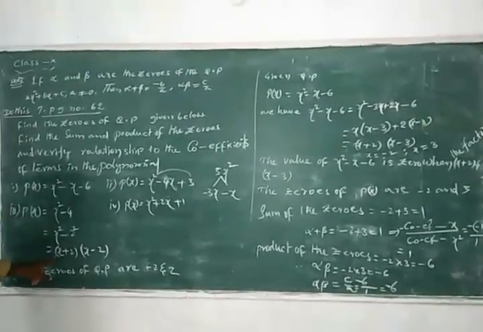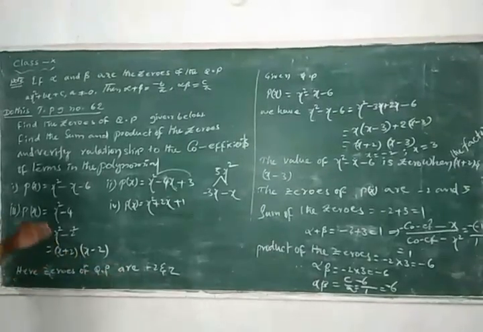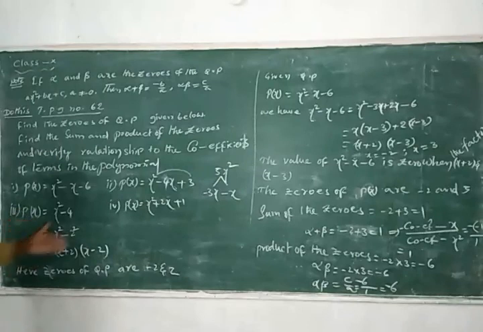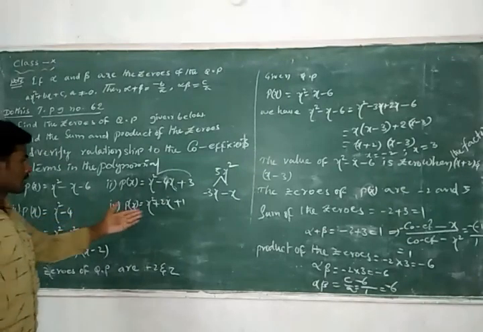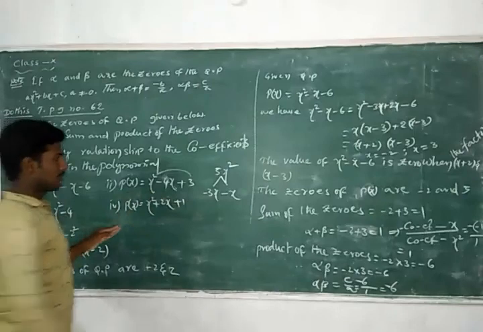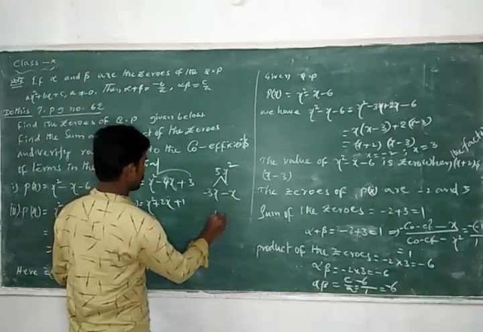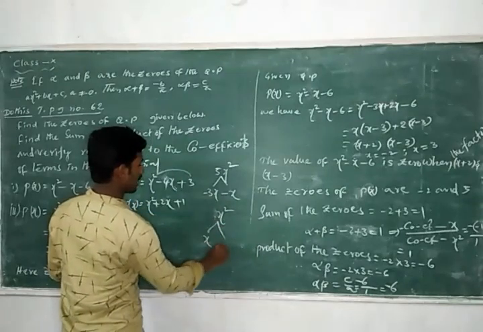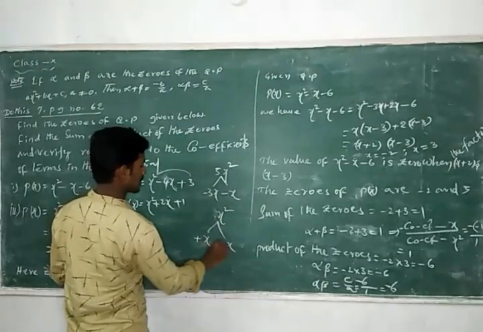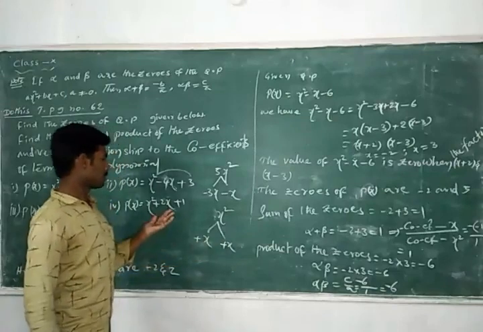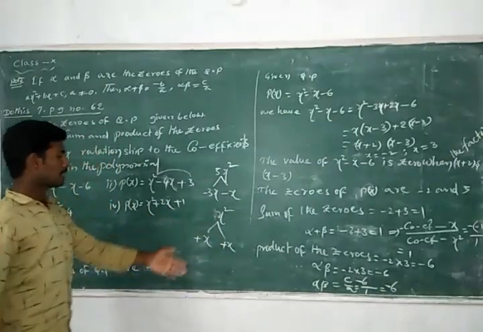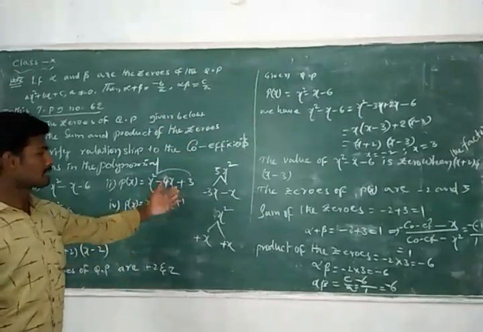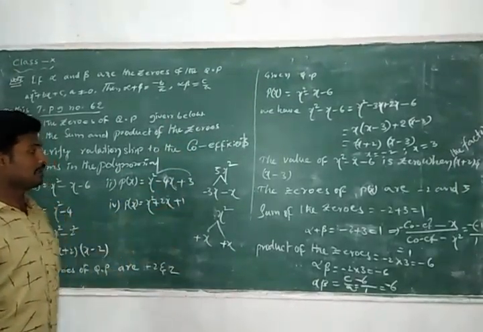This is for your understanding. We need to get the zeros and the steps as it is. Next, the fourth question, as it is: x square plus 2x plus 1. Here also take factors. Take 2x as x plus x, so x plus x is 2x, x into x square. Then take a common factor and solve as usual. Write all the steps like the first question and do them clearly.